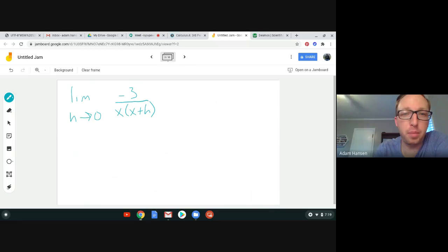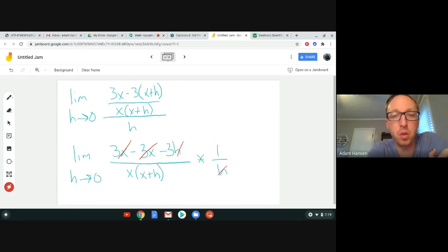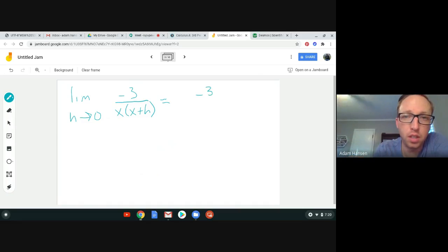Now, if I go back to the previous slide, let's look at what we've done so far. Before I canceled out that h, I couldn't let h approach 0 because I'd be dividing by 0 in doing so. After I've canceled out that extra h here and here, leaving me what I have on the next slide, now I can substitute 0 for h. If I let this h go to 0, that's going to give me negative 3 divided by x times x plus 0, which is simply just negative 3